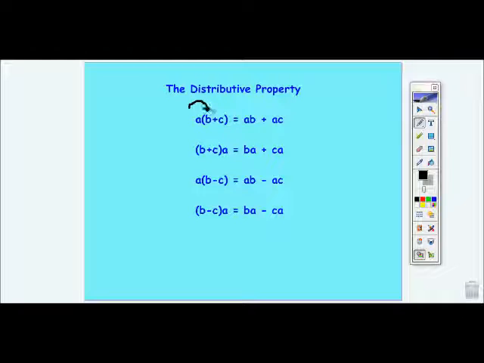Again, there's my distributor, so A times B is AB, and then A times C is AC. In the next one, they simply put the distributor behind, so they said B times A, or I guess I could do that the same way that they did it. I could do B times the A and then C times the A,